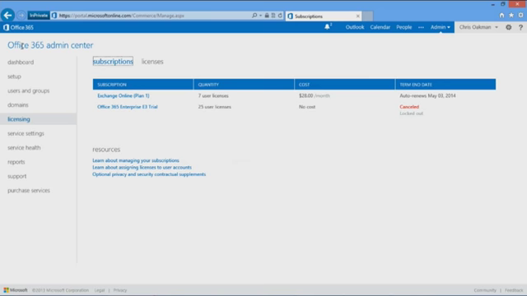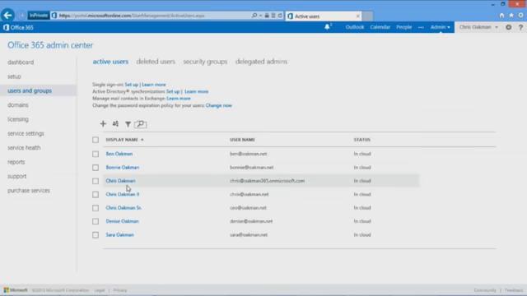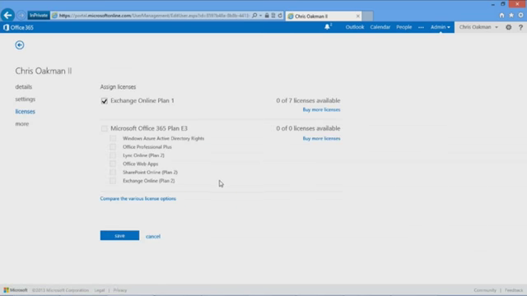So you can have an E1 user, an E3 user. Basically any enterprise plan. You can add Visio to that plan. You can add all those plans. And so if I go and look at my users, and if I look at myself, it doesn't really make a difference which one. So right now I'm on the Exchange Online Plan 1. This was the trial, so I can't activate that because it's not available. But as you can see, out of the E3, I can assign different permissions, and every plan that I have